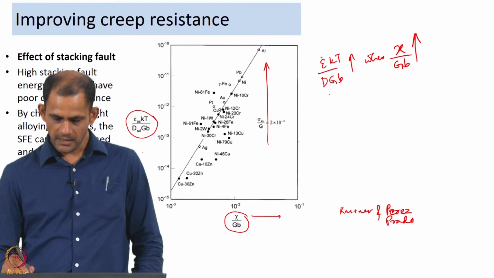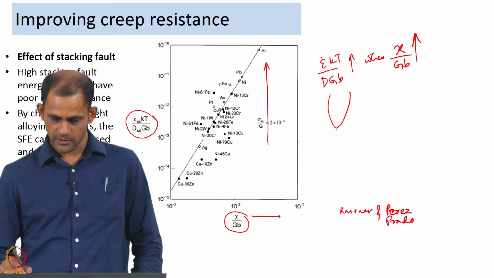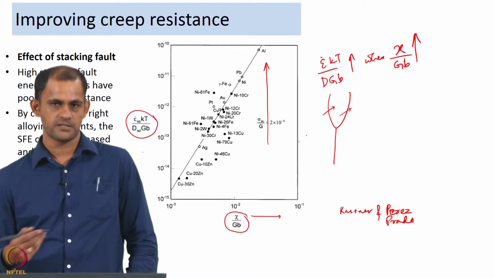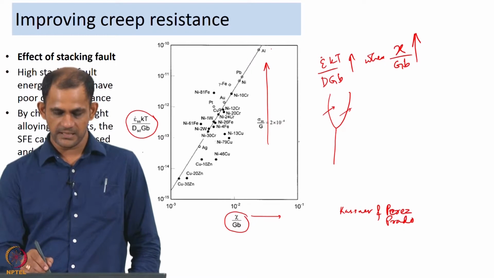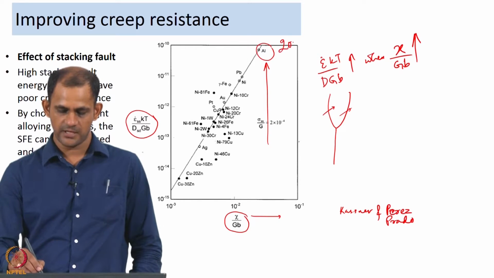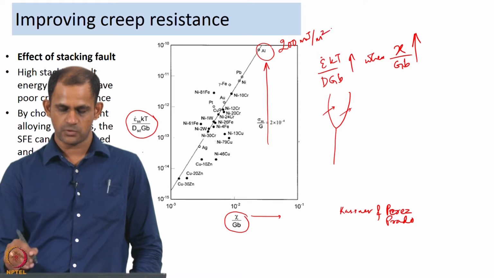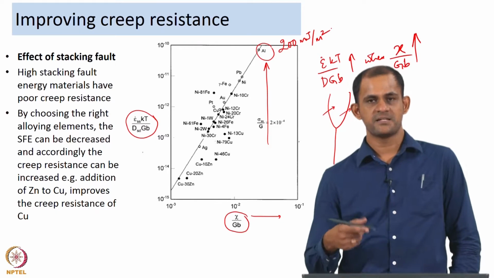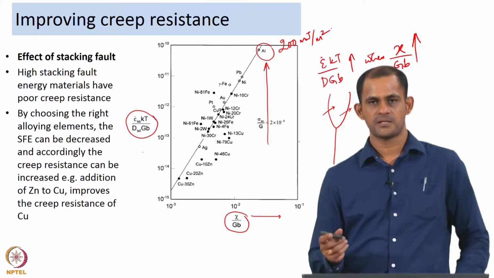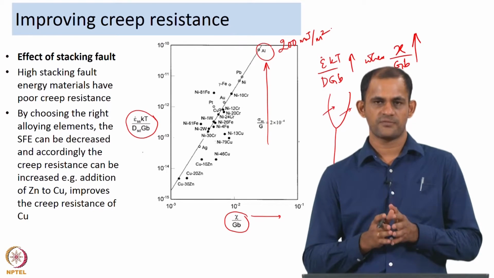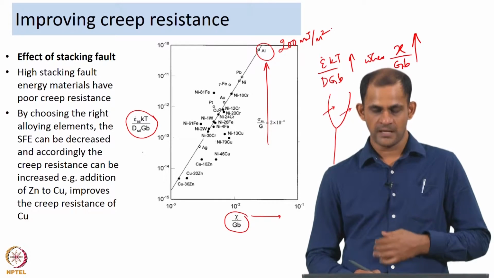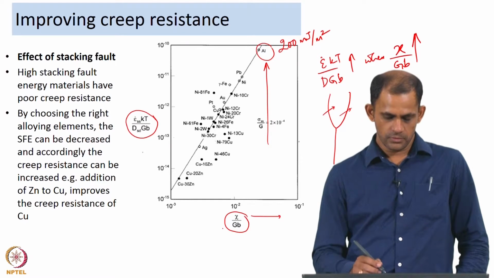Now, let us look at this. Stacking fault energy basically corresponds to the energy between the two partial dislocations. If you have two partial dislocations, the area bounded by these two partial dislocations is the stacking fault. Now, let us look at the case of aluminum, which we know has a high stacking fault energy, around 200 millijoule per meter square. On account of the high stacking fault energy, aluminum finds it difficult to develop any stacking faults, which means the dissociation of a single dislocation into two partials is actually difficult in aluminum compared to copper.